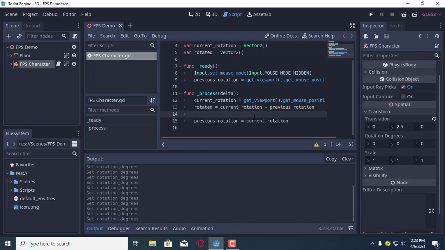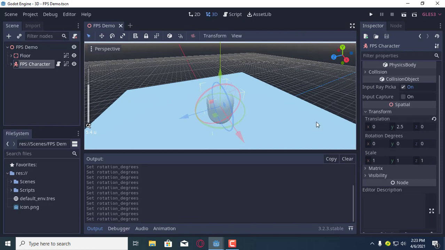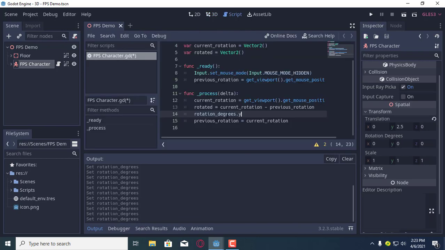And now we need the final thing of the loop. We need 2 more lines for this loop function. We will not actually create even a function. Let me show you what I will do. Rotation degrees. What I said is we need to change the rotation degrees y. Let me show you again. I have shown you before that if we change this y value of rotation degrees, it will actually rotate, and we will get that y value of rotation degrees by writing this code and set a value. We need an operator like this